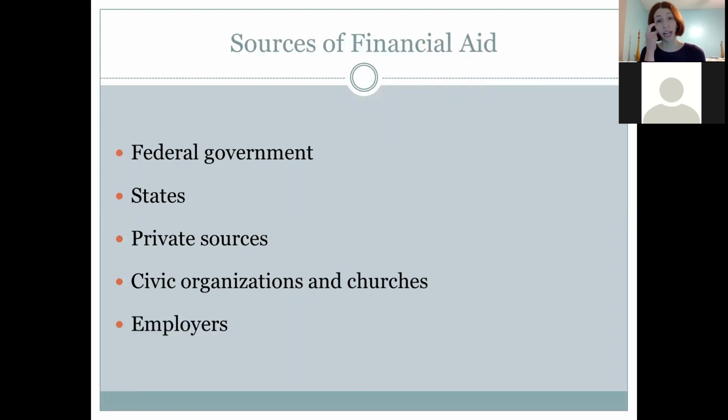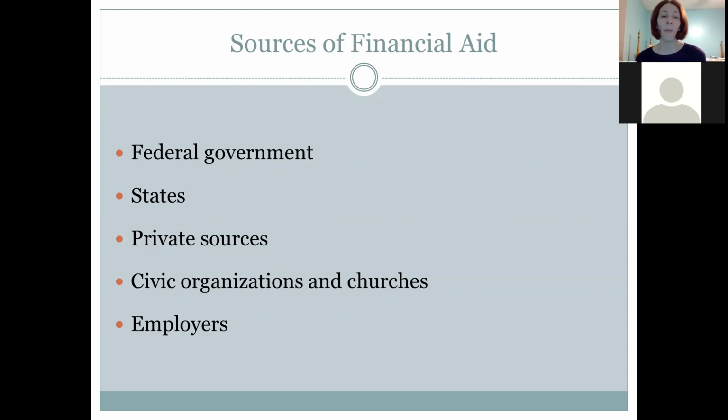So the sources of financial aid that provide those four things, the largest source is the federal government, and we'll get into that a little bit more in the next slide. Then you have your states. If you're a New York State resident attending a New York State school, you would potentially be eligible for some state grant money. There's private sources, which kind of goes along with civic organizations and churches, like the Community Foundation of Greater Buffalo. Wegmans has scholarships, American Legion. There's all these different resources we have available in the community